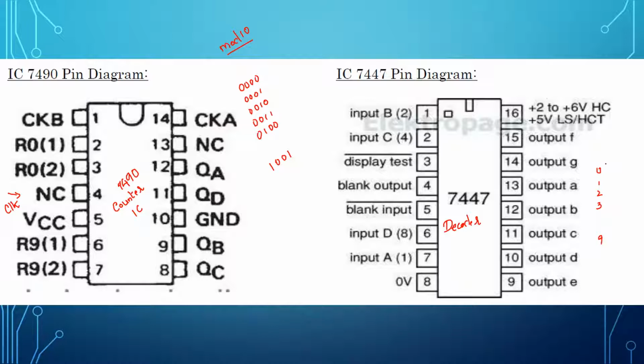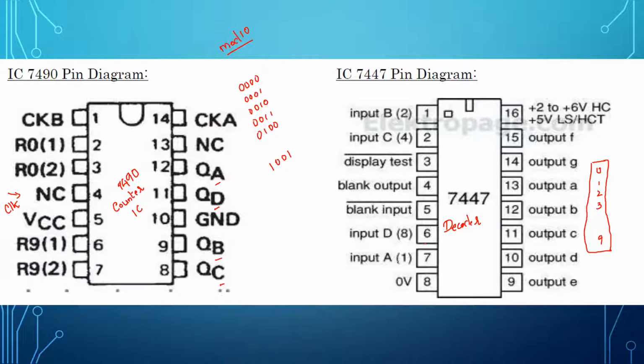But these numbers cannot be displayed by the decoder. So if I need to see the output of the decoder IC, it should be given to the 7-segment display, and the 7-segment will be displaying these numbers in the LEDs given in the 7-segment. So this is your decoder IC. Decoder IC will also have the inputs B, C, and you can see the inputs A and D. So basically your A, B, C, D, which are the outputs of the flip-flops, have to be connected to the respective pins of the decoder.